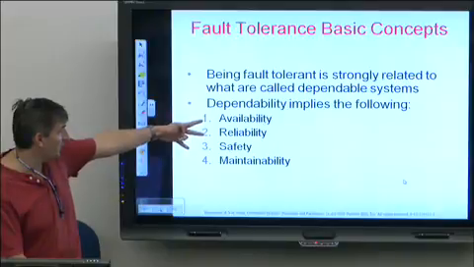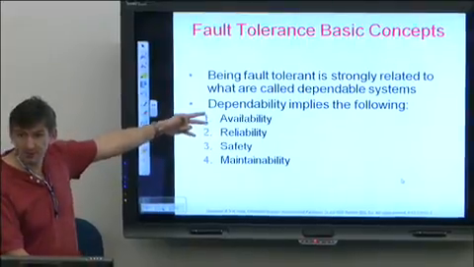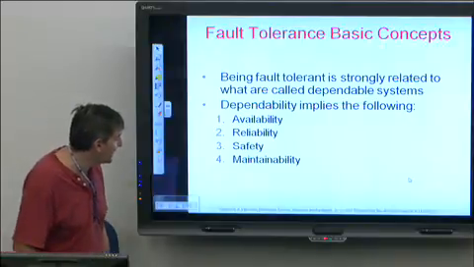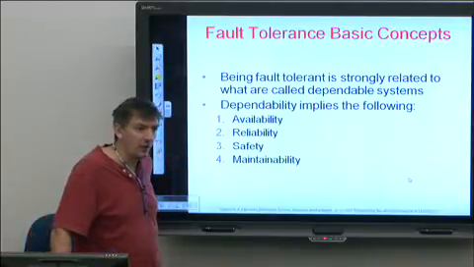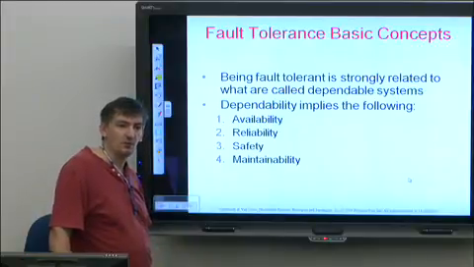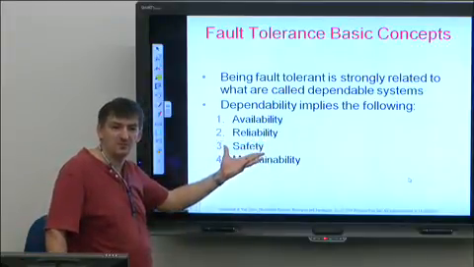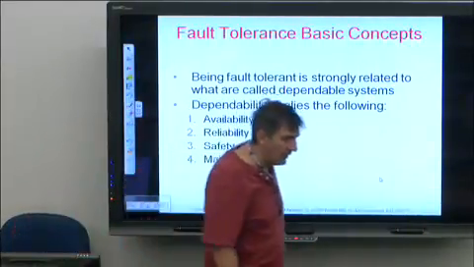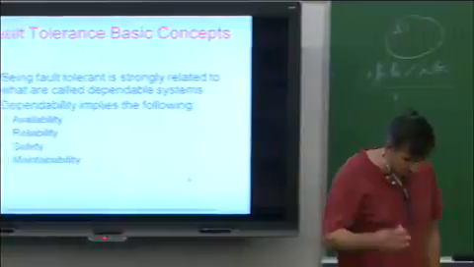Availability and reliability are essentially tied together. They're just different shades of the same thing. Now, safety has more to do with potential things related to access control and so on, but it depends on what the fault tolerance system is doing. And maintainability, this is kind of interesting because